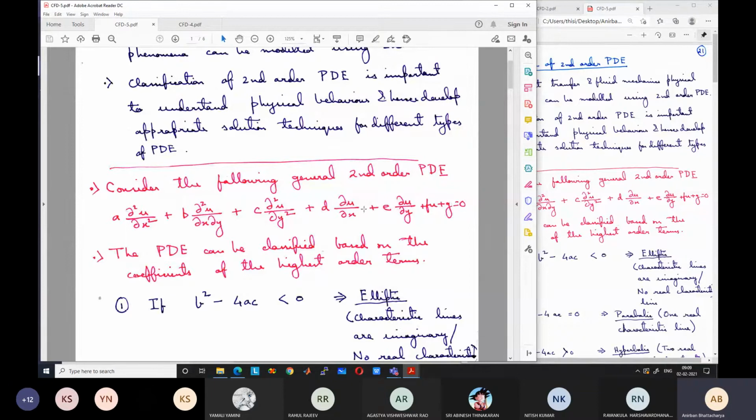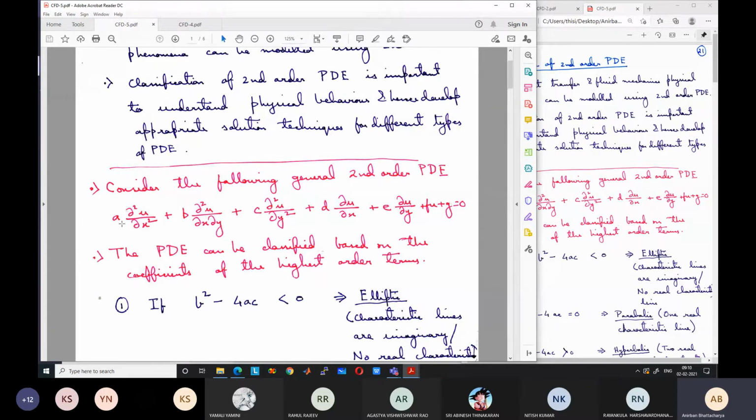If we consider a general second order PDE, it can be represented by this equation that you can see here. It is a general second order PDE for a two-dimensional problem, represented in terms of derivatives with respect to x and y. Because it's a two-dimensional problem, it is dependent on two independent variables x and y. Or it can be dependent on x and t. So two dimensions does not mean two spatial dimensions. It can be one time dimension, temporal dimension, and one spatial dimension. It means two independent variables are there.